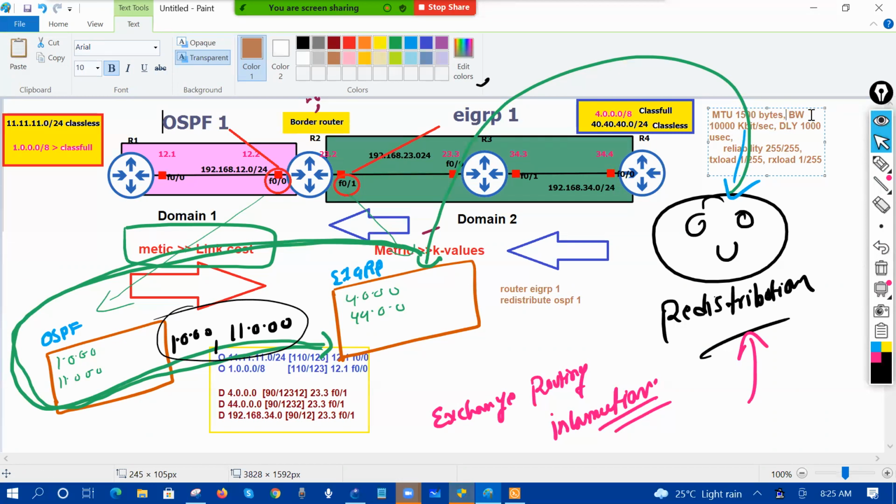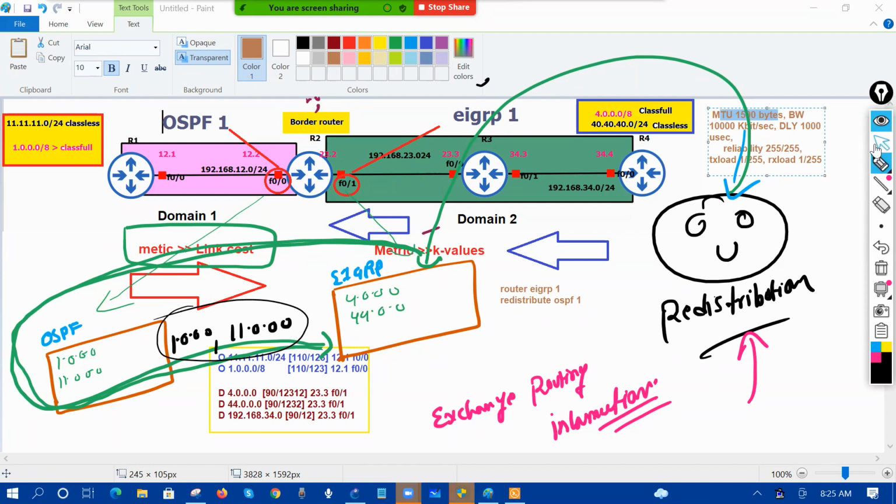We have a bandwidth of 10,000 kilobits, delay of 1,000 microseconds, reliability, load, and MTU. What I'm telling it is, hey, whatever route is coming from the OSPF,